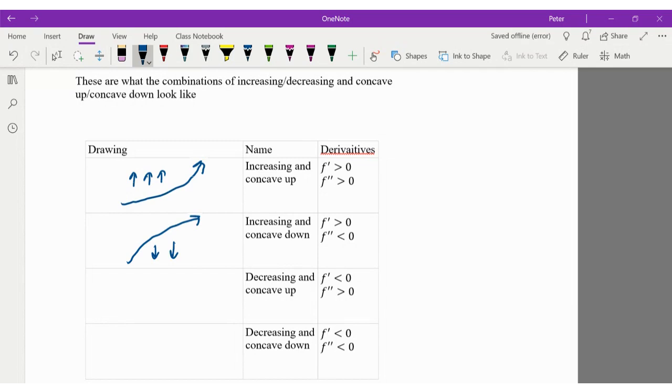I have decreasing and concave up, looks like that. And decreasing and concave down looks like that. So by looking at the combination of monotonicity and concavity, we can get an idea of what the shape of the function is, and we should be able to sketch it